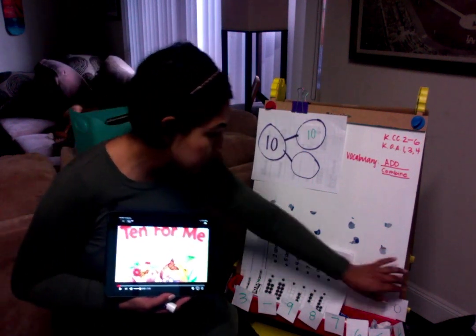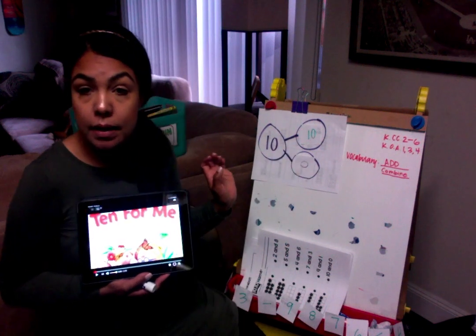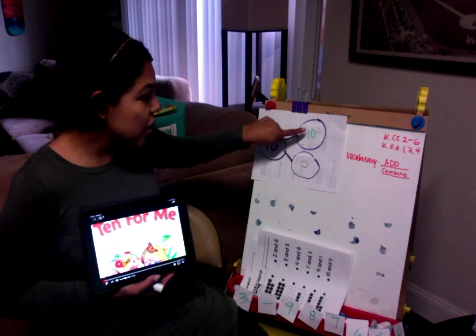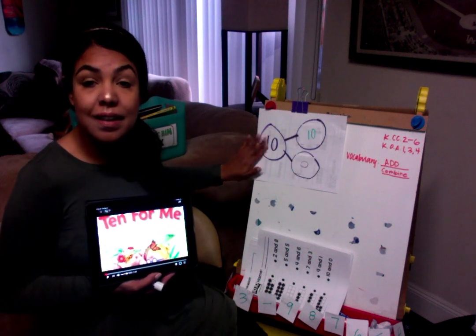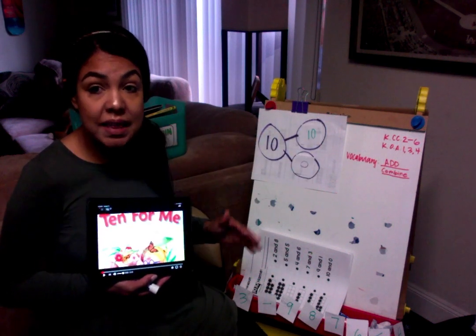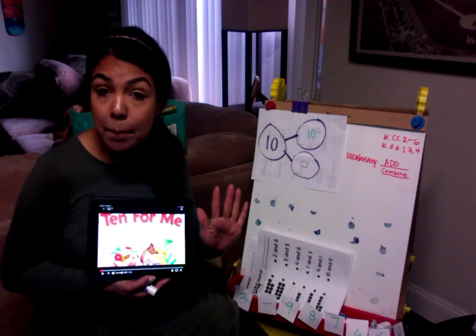And then I found a 0. So I'm going to put it right there. Okay? Awesome. So I know that 10 and 0 make 10, because these two are friends of 10. So just like that, every time I read the book, I'm going to stop and I'm going to say,